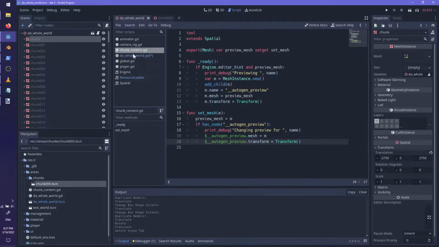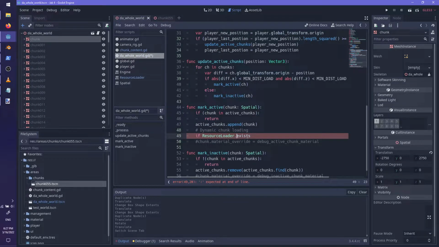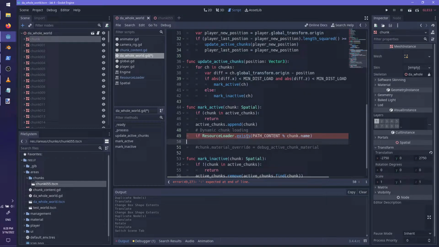Okay, it just exists. If our path content formatted by the chunk name, var cn,